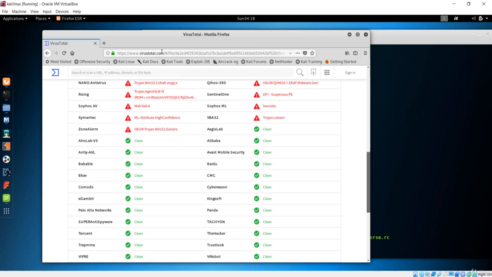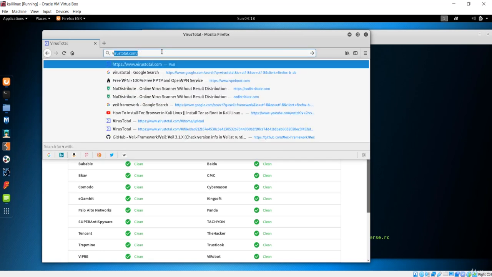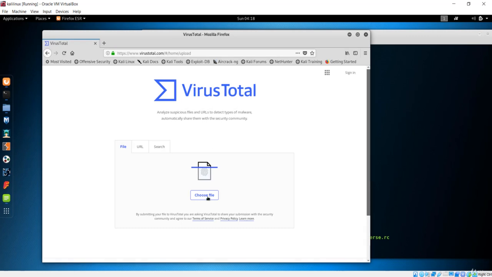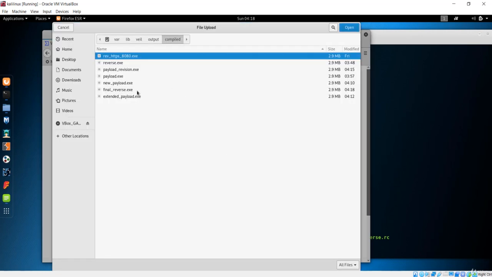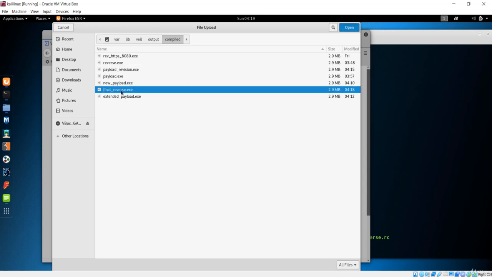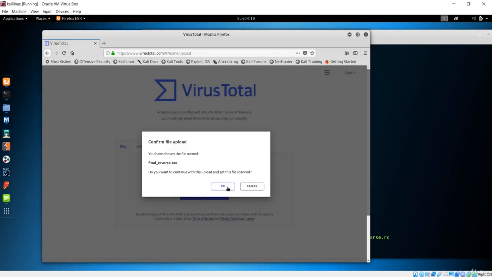Let's go back. Let's check one more time. Hope this will work, because it is just random. I am just assuming something that is completely out of logic. We are just trying random values over there. We don't have any patterns to denote that this won't be tracked by antiviruses, because we don't have any access to the antiviruses' database or the signatures. So we can just put random values and just try our luck. So it was final reverse. So let's see if this works. So let's press OK.